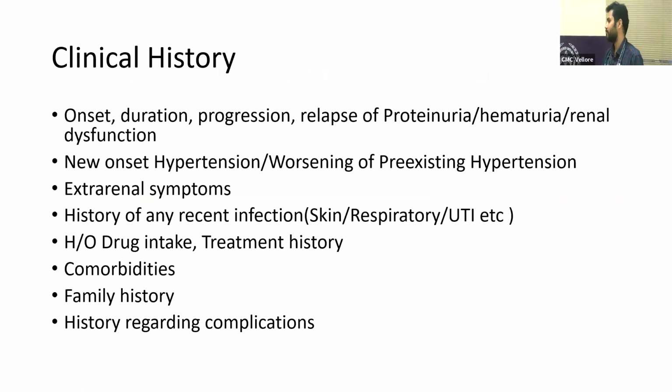Proteinuria means they will have frothiness, or whether it is associated with some hematuria, blood in the urine, or dark-colored urine. For example, in IRGN, they will say it's like cola-colored urine, or the patient may have any history of renal failure. And regarding hypertension history, whether the patient had new onset hypertension or previously was having hypertension, now